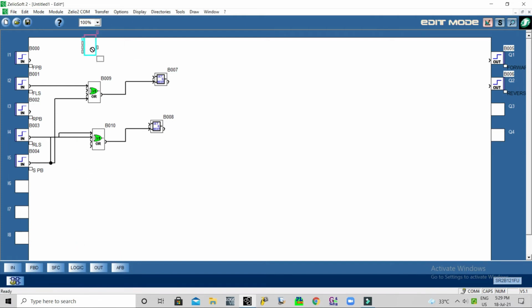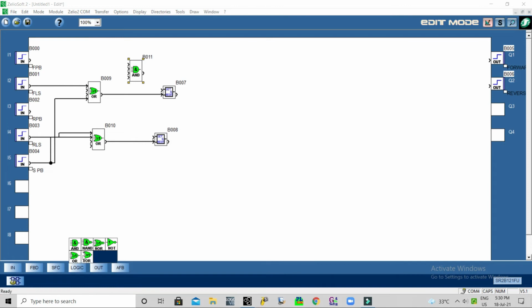We'll take an AND gate and a NOT gate. We will provide the interlock between the two operations.